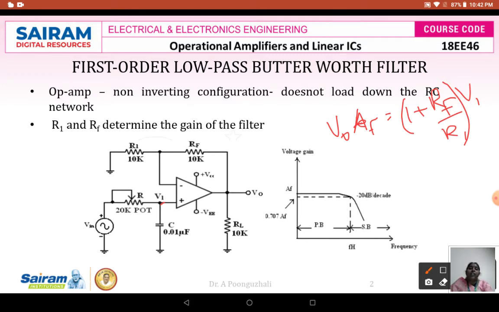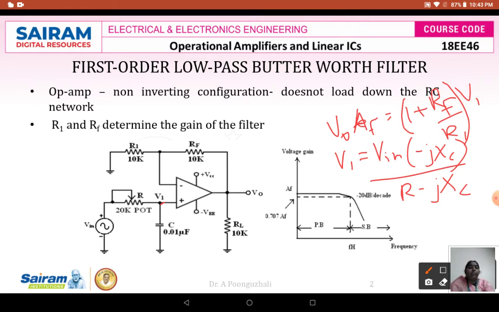Now our requirement is to find what the V1 voltage is, to find the output voltage. To find this, we are going to apply the voltage divider rule. What is the voltage divider rule? Total voltage Vin into the resistance; across the capacitance we want to find the drop. So it is going to be Vin into minus jXC, divided by the total impedance. The total impedance is nothing but R minus jXC.